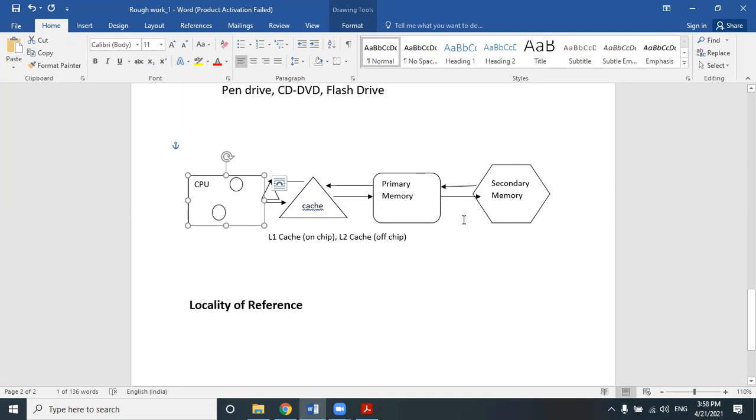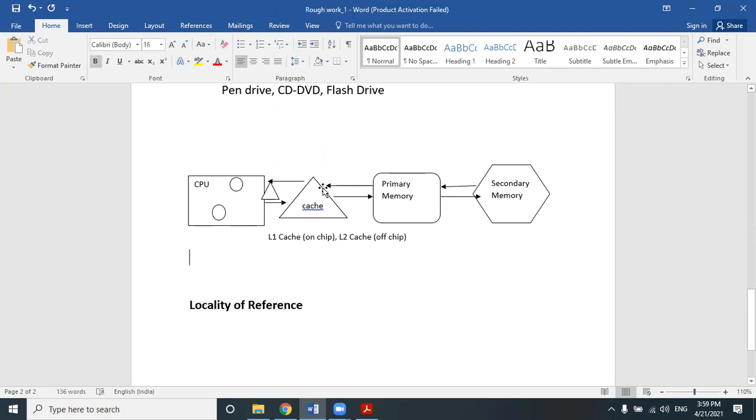We will go for the nearby shop, and if the nearby shop fails to provide my requirements, then I will go for the big bazaar. The same thing is there. The CPU searches the data which has been stored in the cache memory first. If cache memory fails to provide the data to the CPU, then it will search the data in primary memory or main memory. If the main memory fails to provide the data to cache memory, then it will search the data in the next memory, that is the big bazaar, or you can say the large volume of all the data, which is called secondary memory.